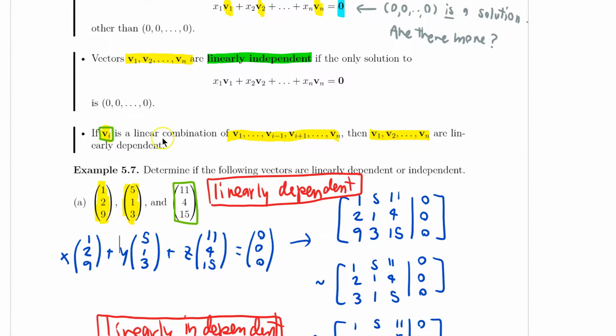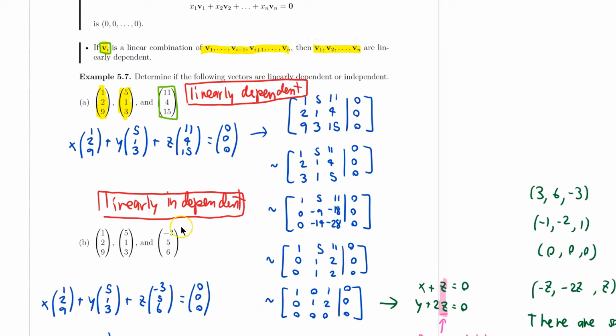So from the last bullet here, whenever one of them is a linear combination of the rest, that means they are linearly dependent. That's what we see here, because the last guy is a linear combination of the other two, so they are linearly dependent. But for the latter part, none of them is a linear combination of the other two. For example,